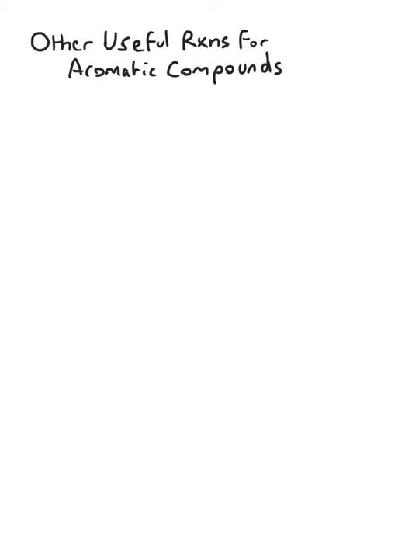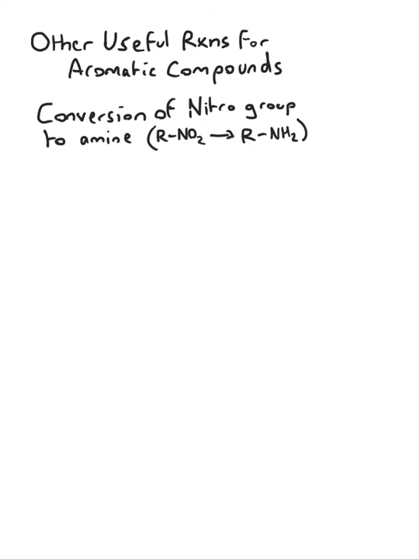This video is for other useful reactions for aromatic compounds. It is the last video for chapter 17 before examples. The first one we will focus on is the conversion of nitro group to amine. So converting an NO2 group into an NH2. So in a more visually appealing way, we will take nitrobenzene and we are going to convert it into